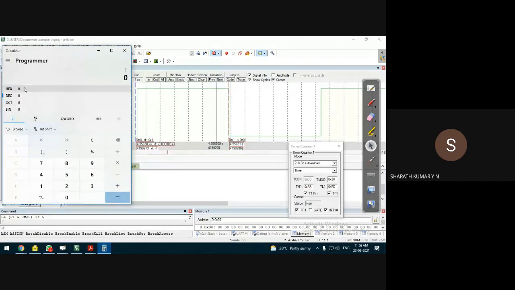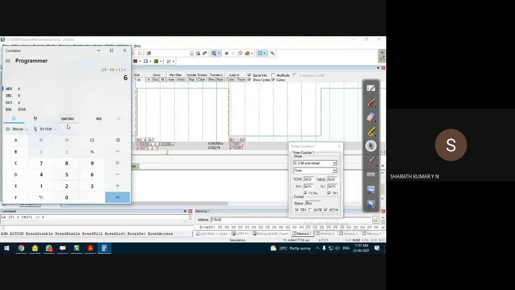So we have to select FF minus FA plus 1. Yes, so it is 6. That means it has counted 6 clock pulses.